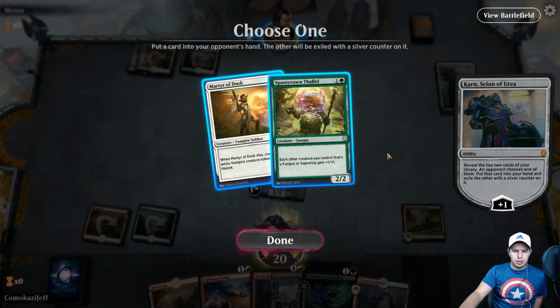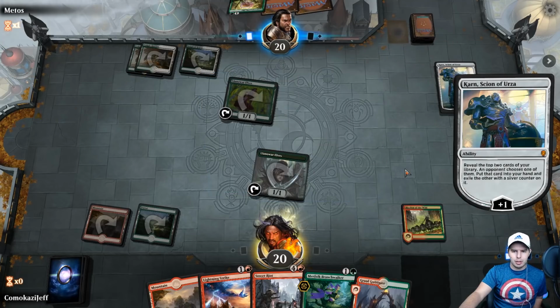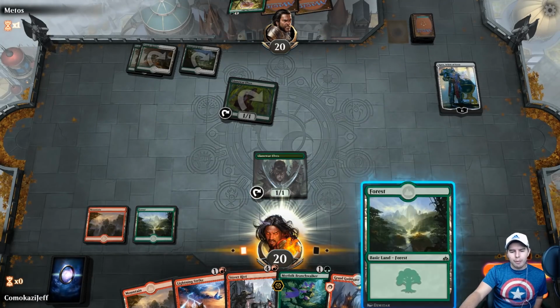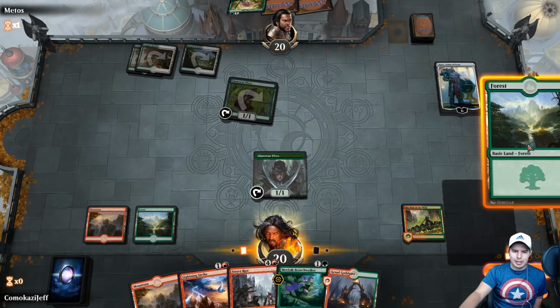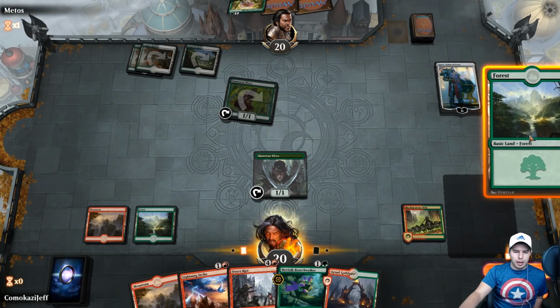Martyr of Tusk actually might be more annoying here. We're okay with a Thallid. If they have more spores, I guess it's not as good, but we're going to kill Karn here on this turn. Okay,